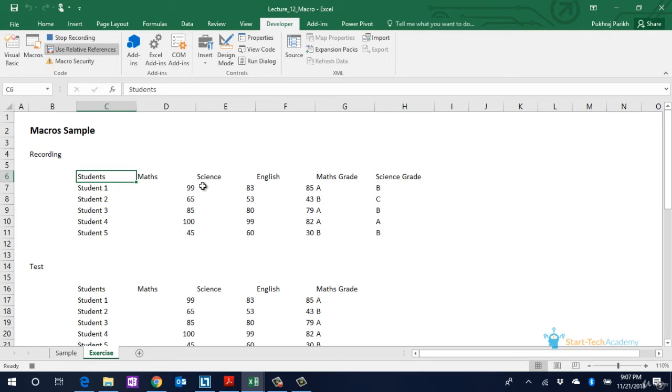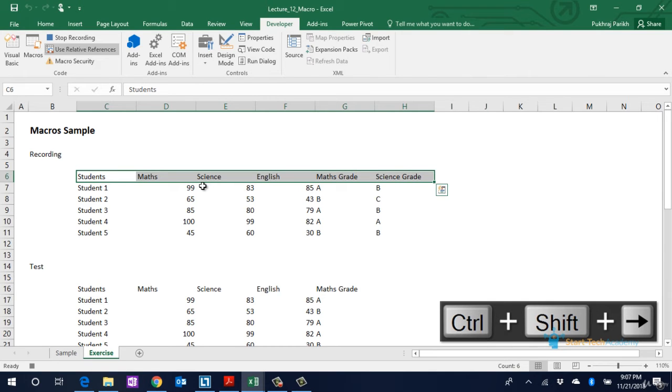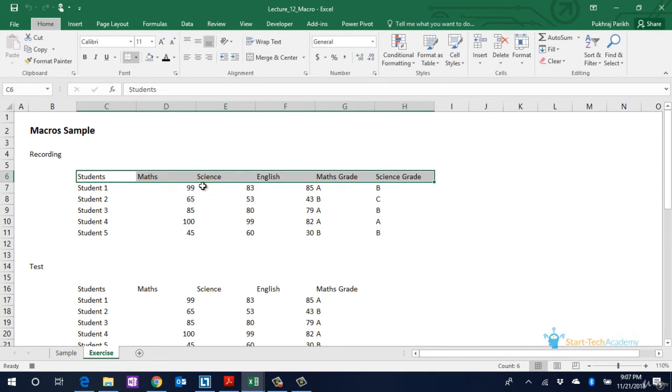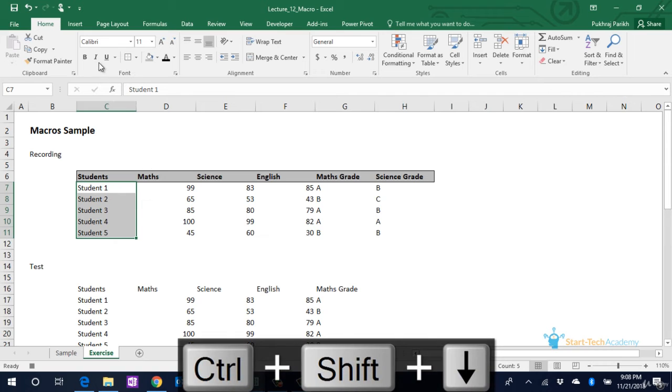Now to select the top row of this table, I'll use Control Shift right. I'll add a border to this. Then I'll bold this and change the cell color to gray. Similarly, I'll then go to the student 1 cell and select the whole table below,